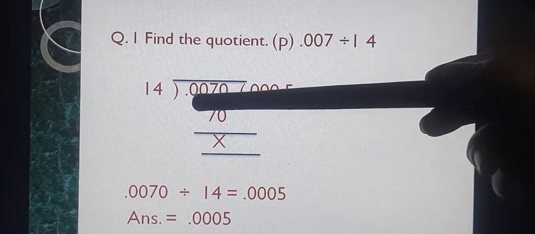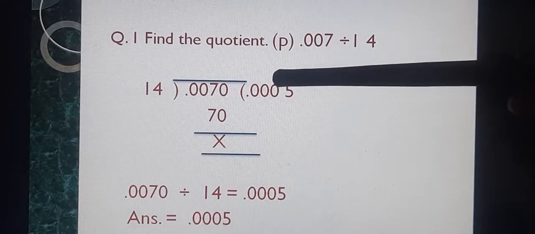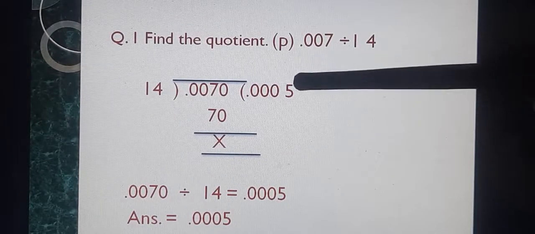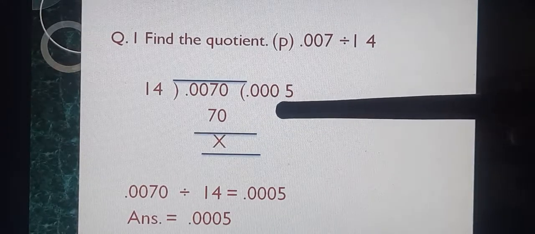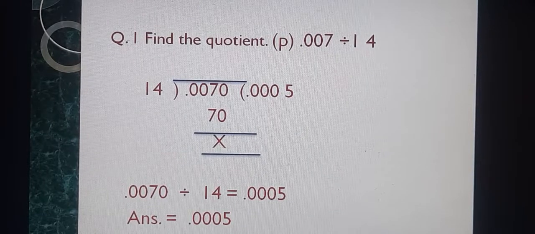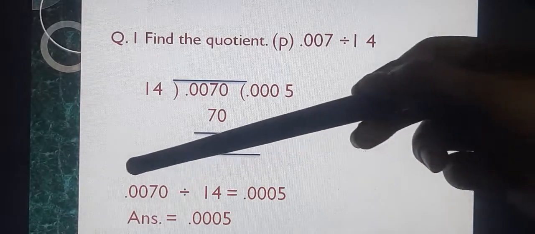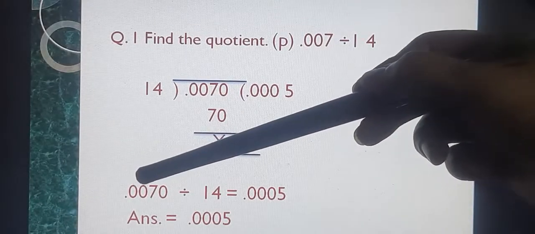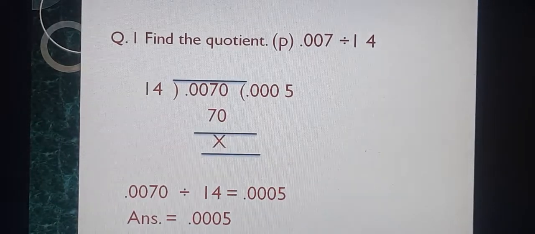Now after decimal 1, 2, 3, 4 digits are there. So 1's place we have 5. We are going to write down 3 zeros before 5. So our answer will become decimal 0005. Understood? At last when you are going to write down the answer, then check that decimal 1, 2, 3, 4 and here decimal 1, 2, 3, 4. Yes, now it is correct.